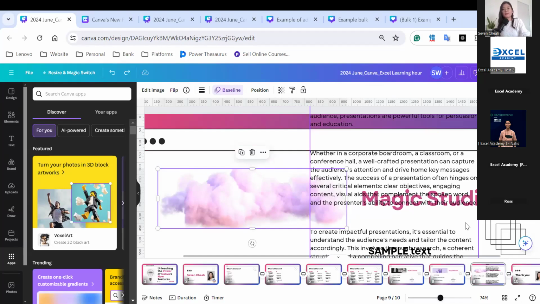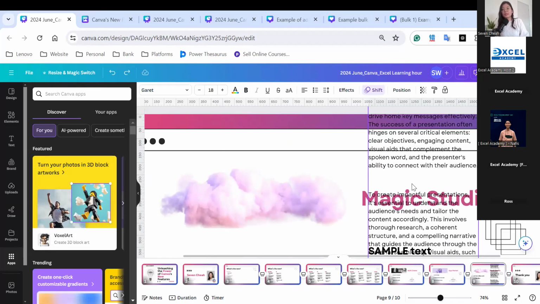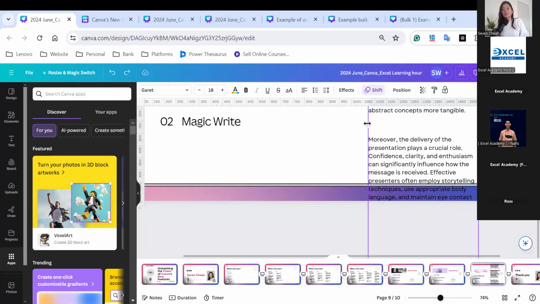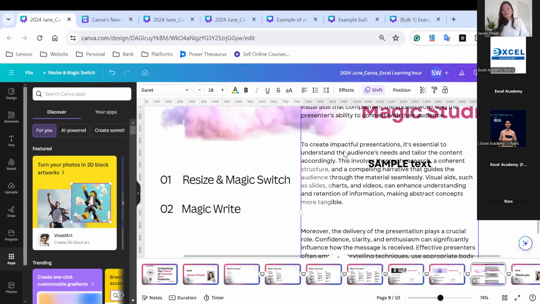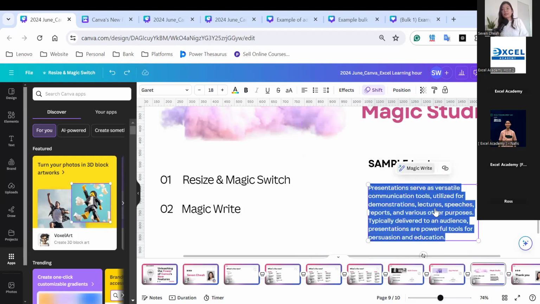So don't worry if you make any mistake, you just Ctrl J. Okay, so you can see actually it gave me a very, very long text here. Almost I can create a short article from that. Okay, so I want to go back, Ctrl J, Ctrl J. Okay, and then,